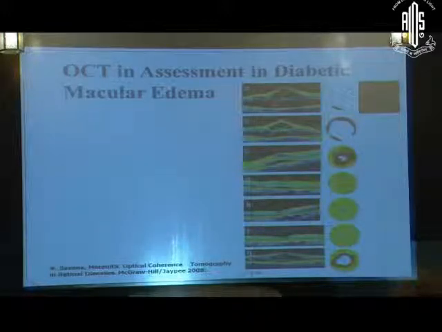So this is just a visual impression of how anti-VEGF therapy helps in relieving the macular edema, and once its time frame is over, the macular edema starts to reappear again. So before this reappearance starts, you have to go in for the laser therapy, and that is really helpful.